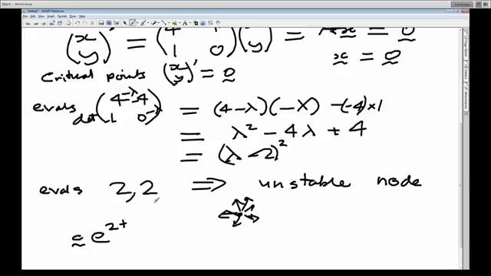When you've got repeated roots, you can get some funny things happening. You're going to get other sorts of cases happening. So when you've got a repeated root, the other solution you need will look the same sort of thing, but it'll have a t out the front of it. So I could have another vector d. So as we'll see shortly,